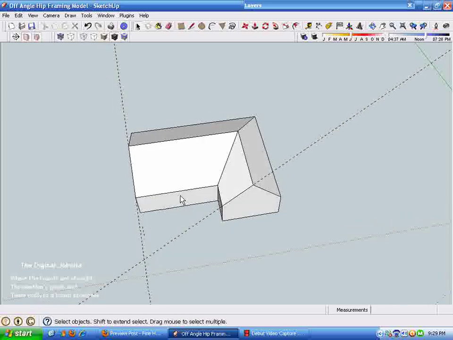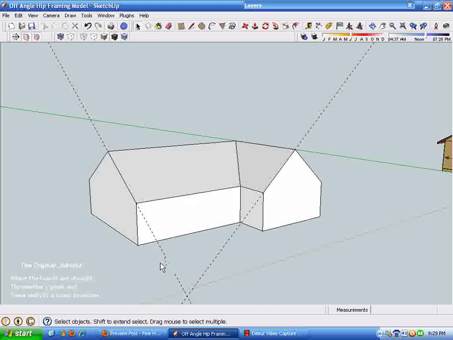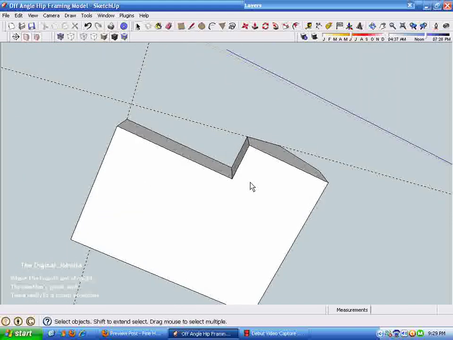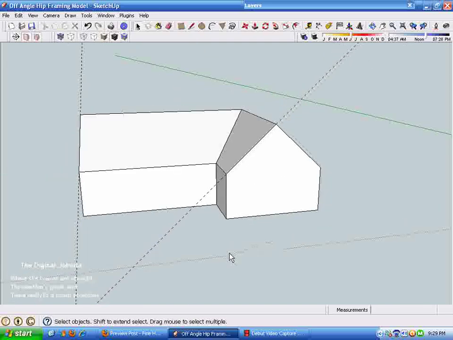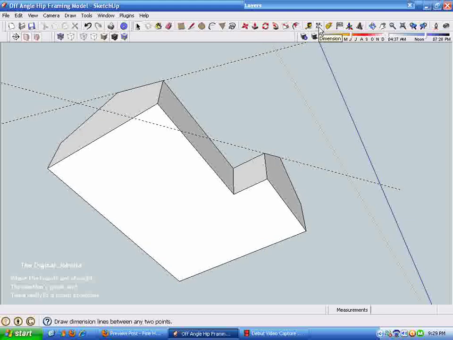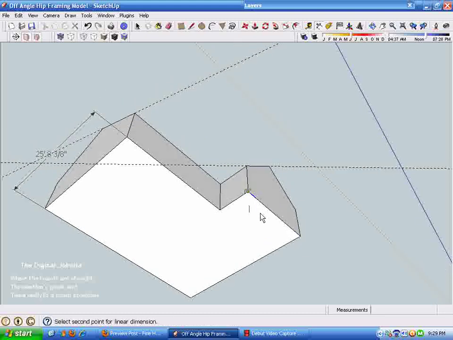And a model that I didn't draw would be a model that's L-shaped, only the two spans are the same. If the two spans are the same, let's see if we can do that here relatively quickly. This is just going to take this dimension, and I drew this out at 25 foot 8 3/8. So if we take this,